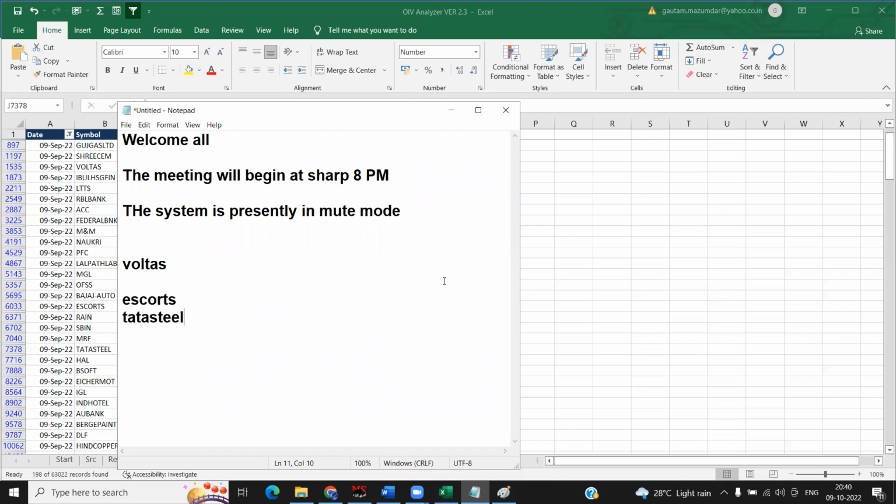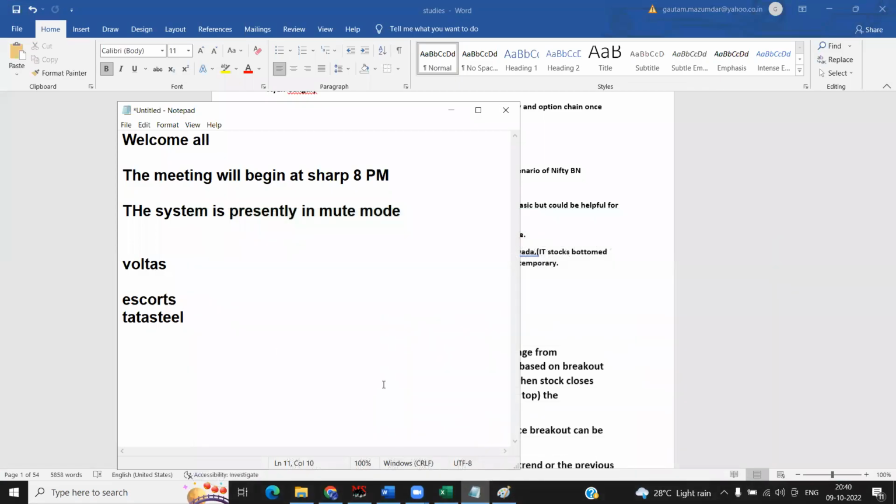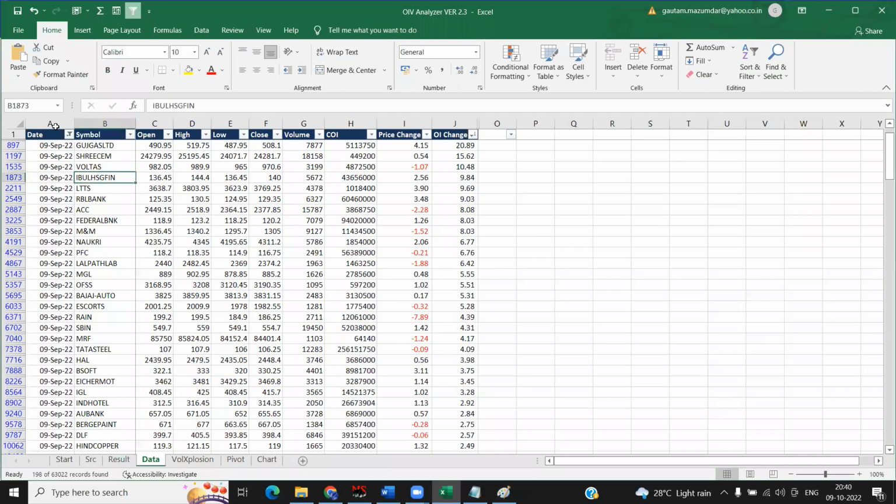But these lowly traded stocks will come under vol explosion, right, sir? I'm not talking about vol explosion. This one is something else. I'll go to the vol explosion after this. Okay. Now these are the stocks which you'll just be checking out to see what is happening. Now I go back to this particular set of vol explosion, this sheet.